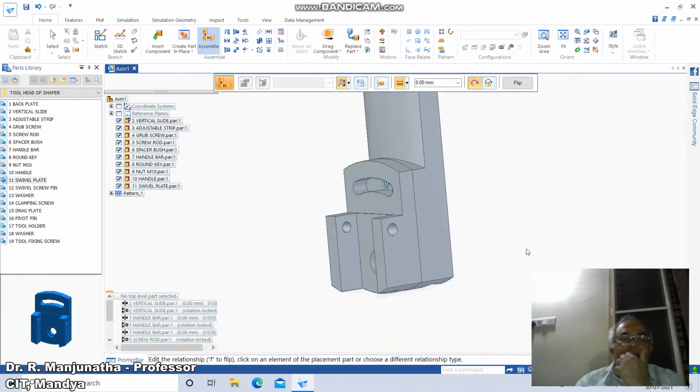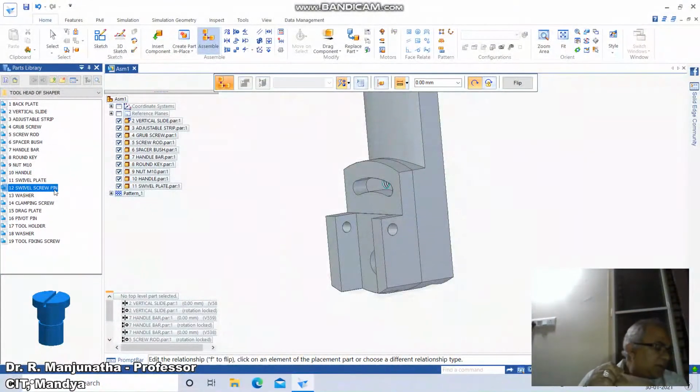Now to this we are going to have the swivel screw pin, which we need to assemble now.